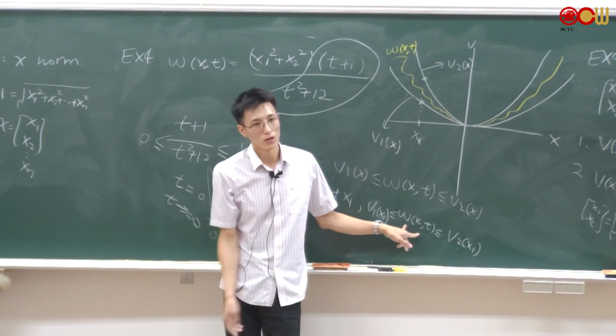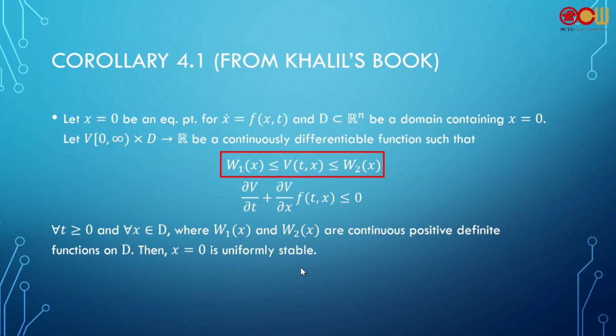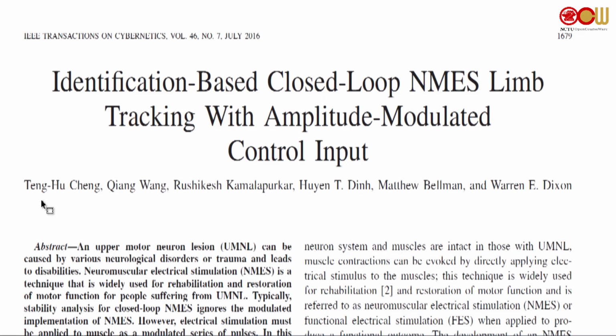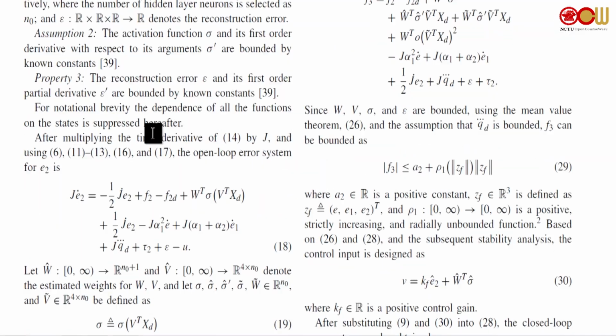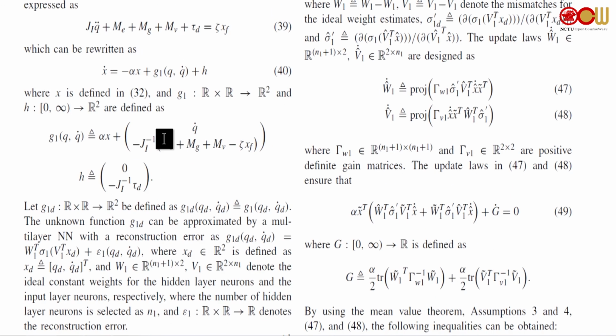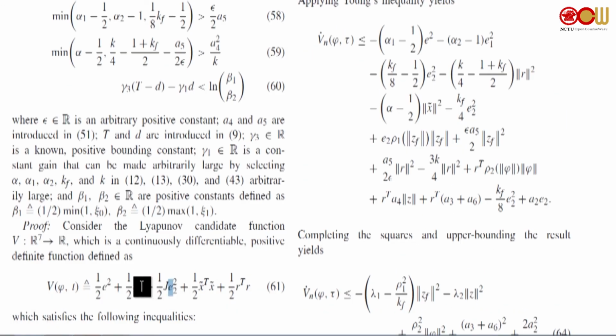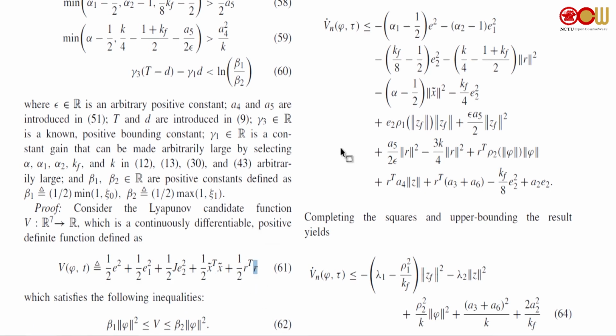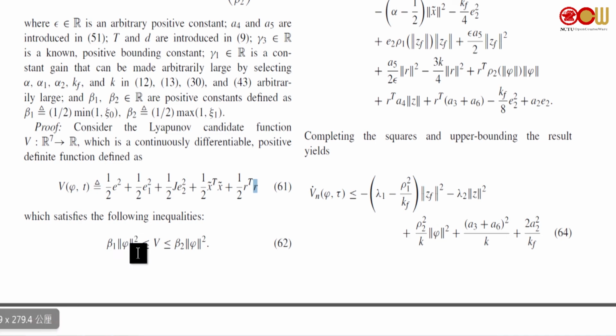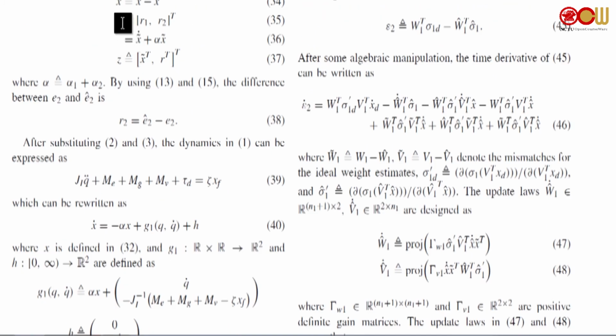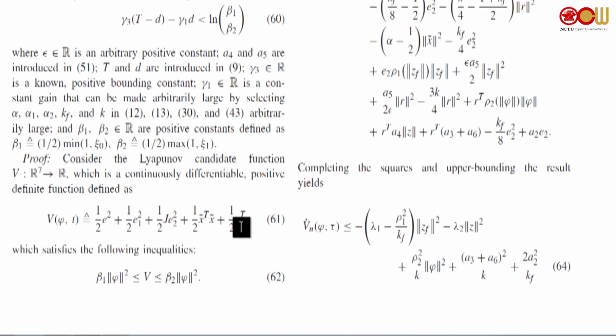So it's uniformly stable. Another question is, what does this Lyapunov function look like? Here's an example. This is from one of my papers. The Lyapunov function is here. It depends not only on the state, but also on time. E1, E2 are the tracking errors, okay? And its states. Theta is also a state. Okay, so this V is bounded by states. So R is the time derivative of x tilde. So R depends on time. And R is in the Lyapunov function. R is a function of time. That's why you see time here.